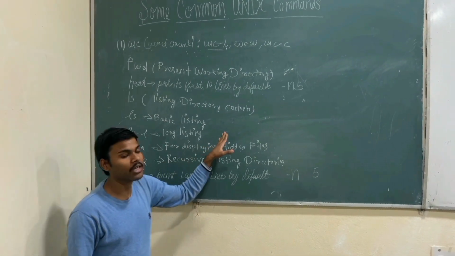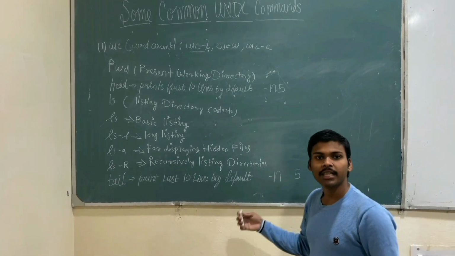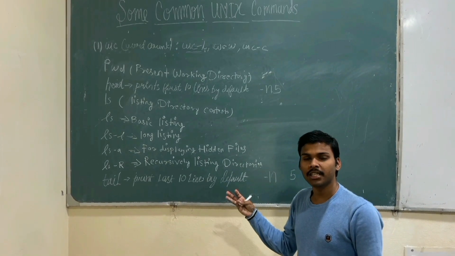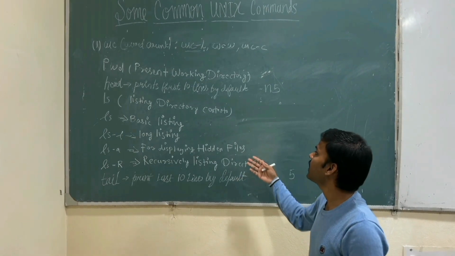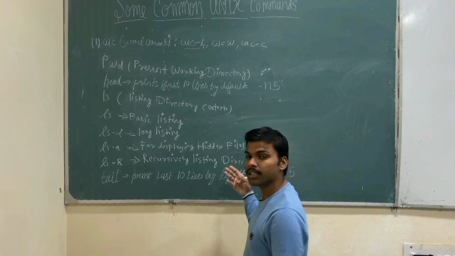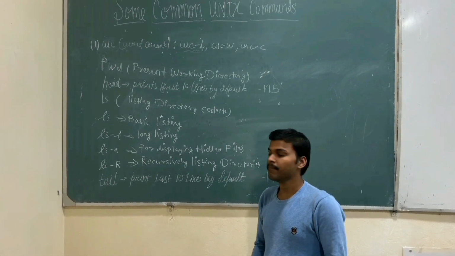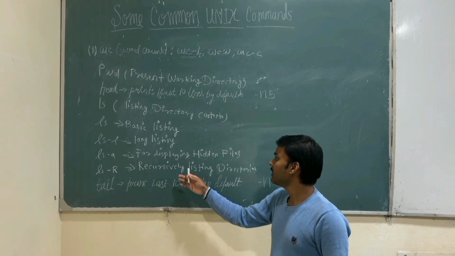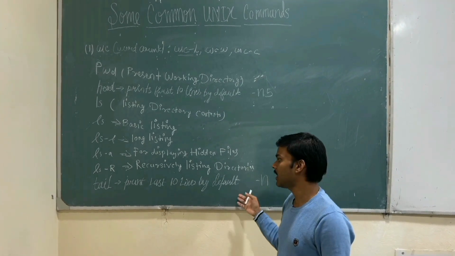It is used to print the long listing version of our directories, which will contain the file name, permissions, creation and modification details, and the disk space or other details related to our directories. Second one is ls -a. Suppose we have some hidden files in our directories and we want to see them. For that we are going to use ls -a. After it we have ls -r, which is used for recursively listing the directories.